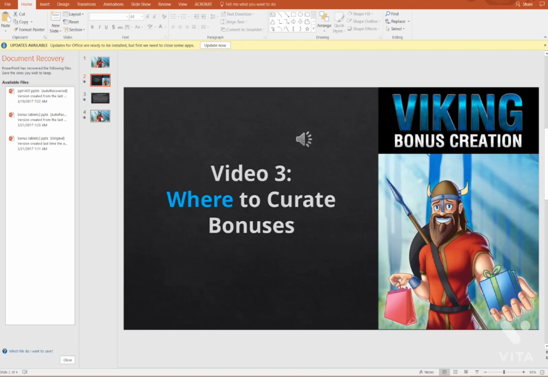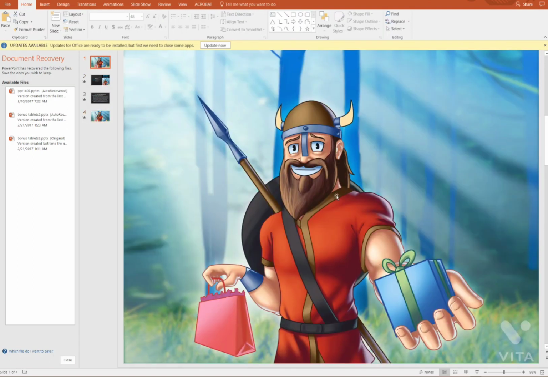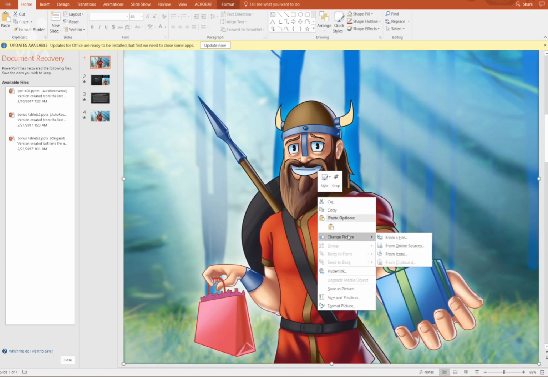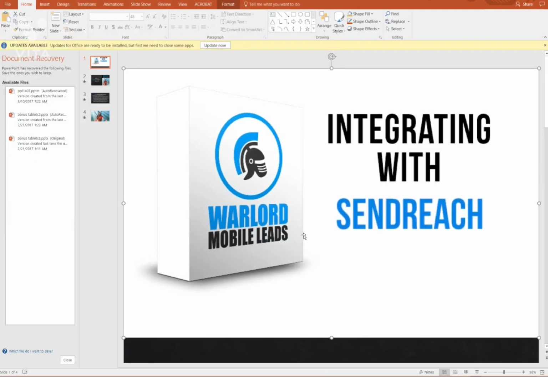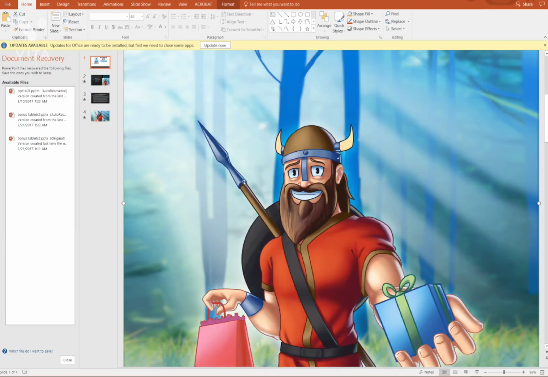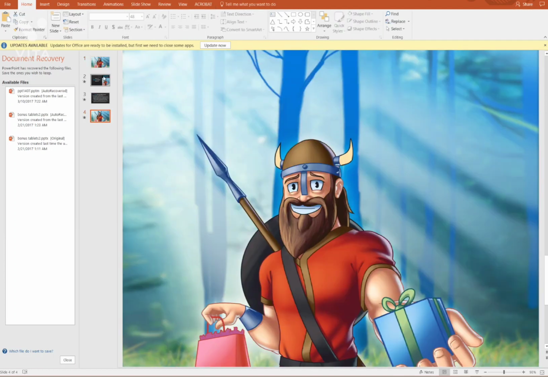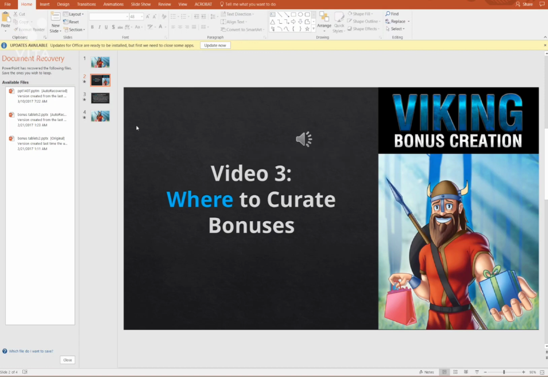There's 3 Viking images in each slide presentation, and what you'll do is you'll right click, you'll come over here to change picture, choose from a file, and just grab a random image here. Easy as that. You would do the same thing here and here, and if you did want to change the